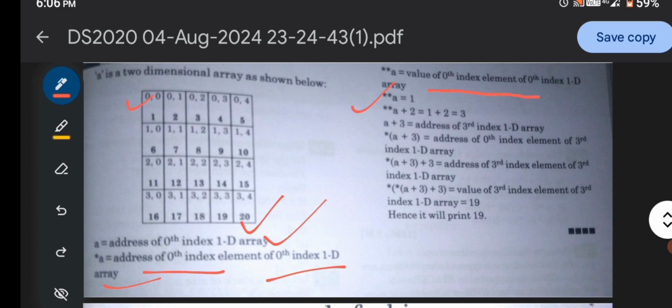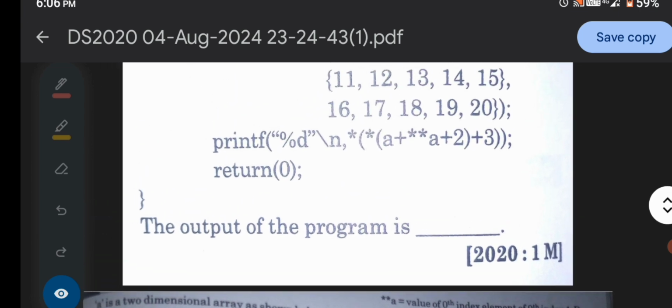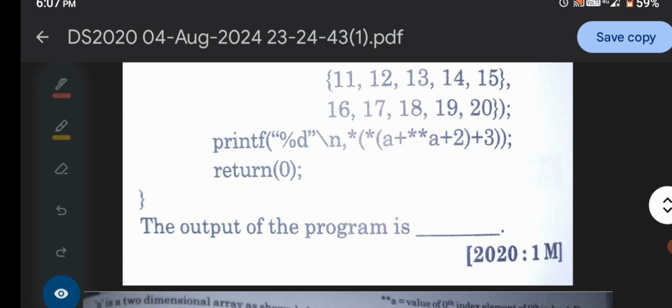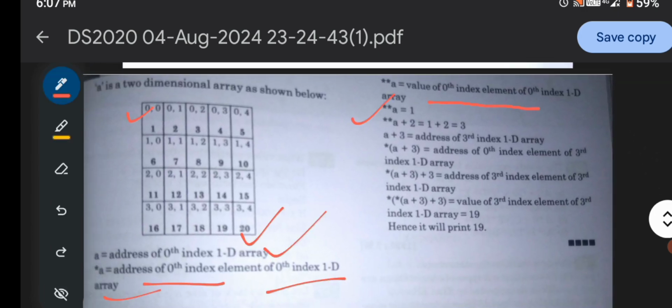Okay, now again, coming to the question, this is the expression given here. So firstly we have a plus pointer of a, which is given plus 2. So firstly we solve this expression, after that this one, and after this one. One by one we go through this expression. So firstly we solve the internal one. So we get the value 3.